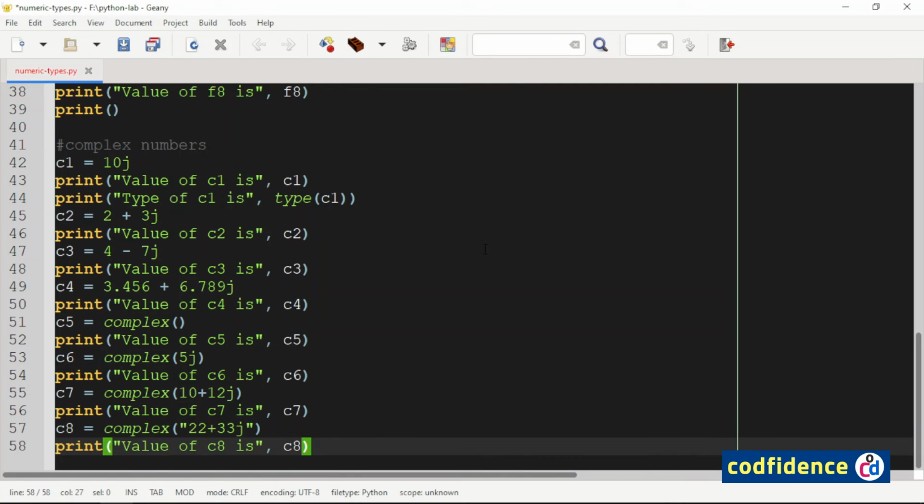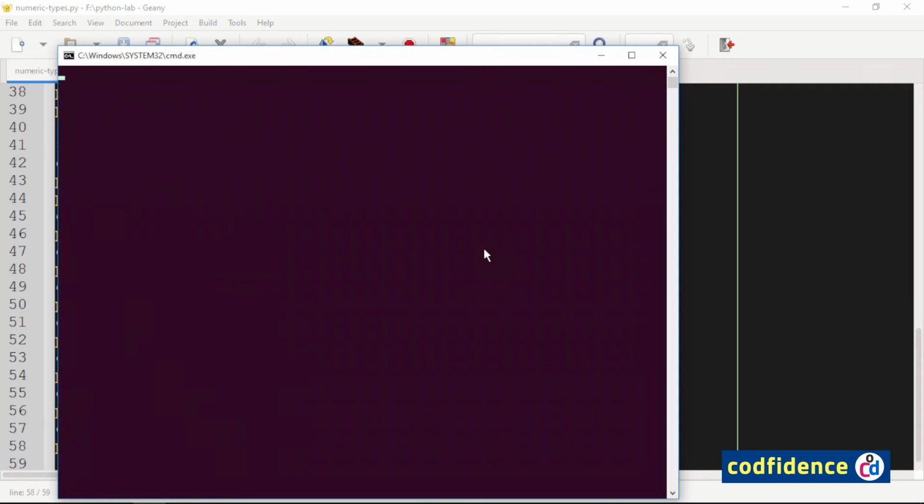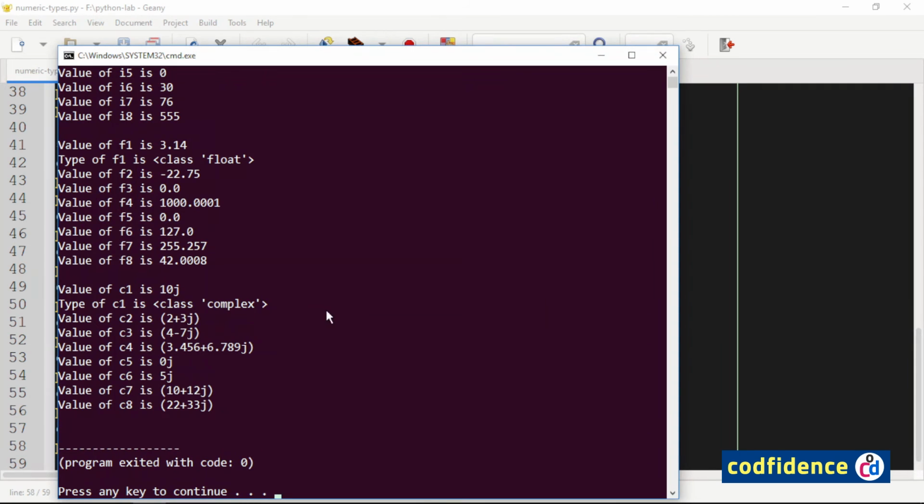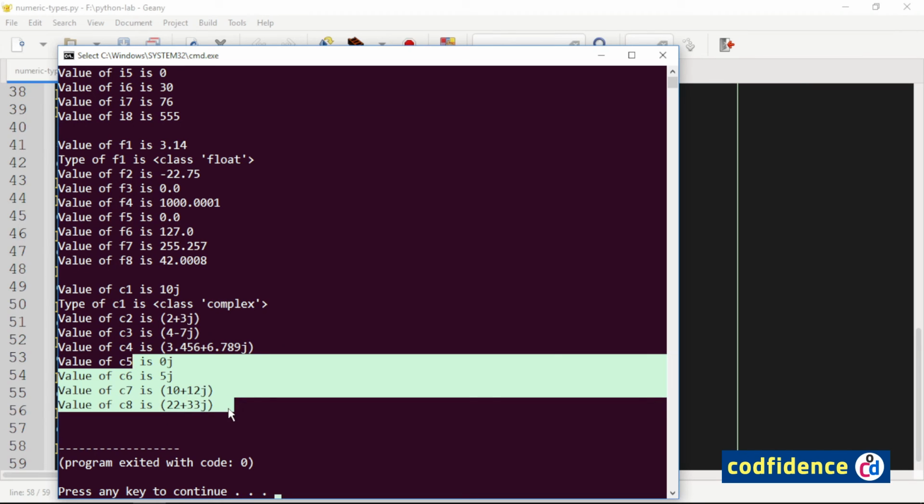Again, run the program. All the variables C5 through C8 are now created and assigned with complex numbers.